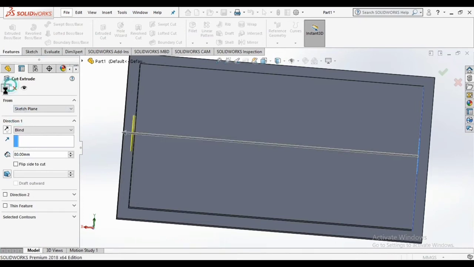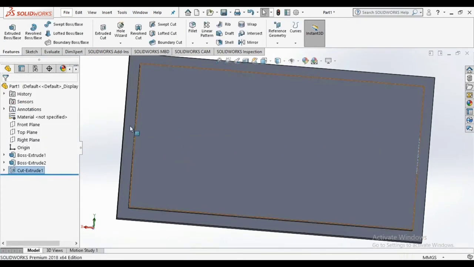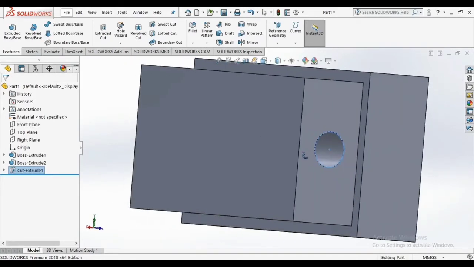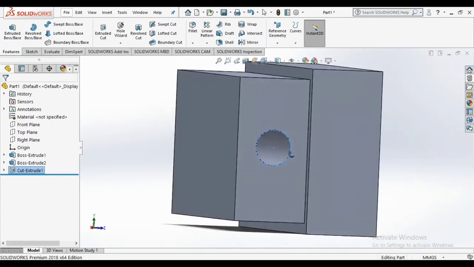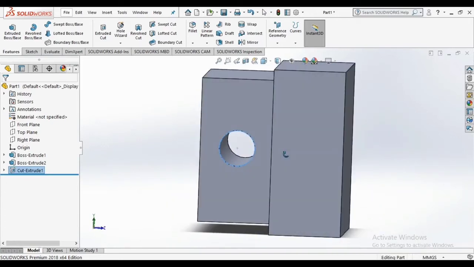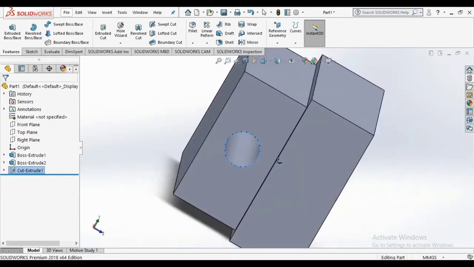Click OK. Or you can just click on through all, so it will automatically make a hole through the whole part.